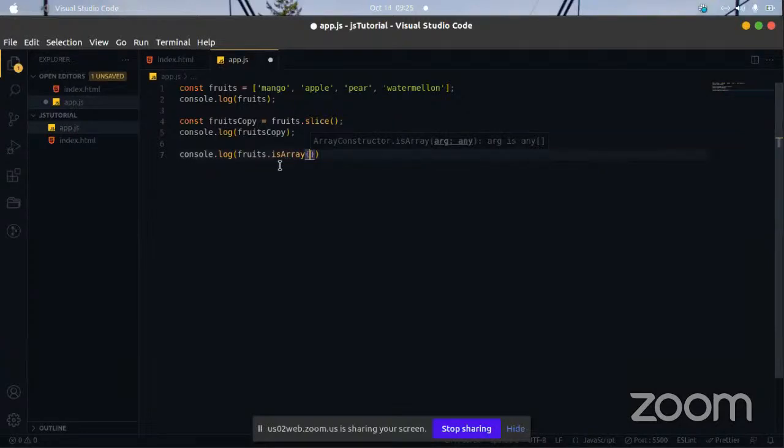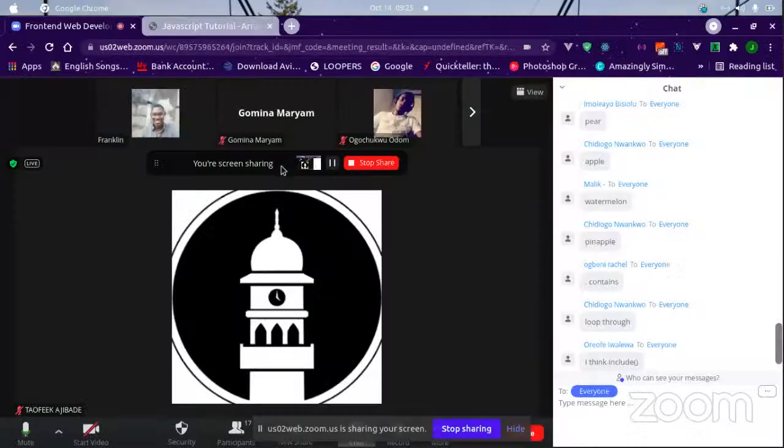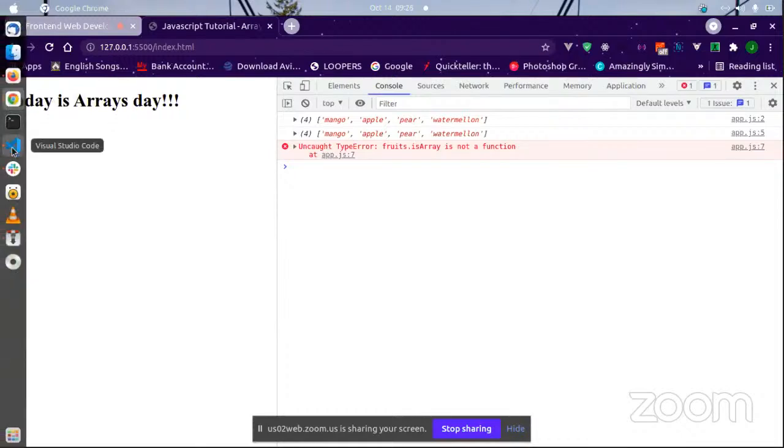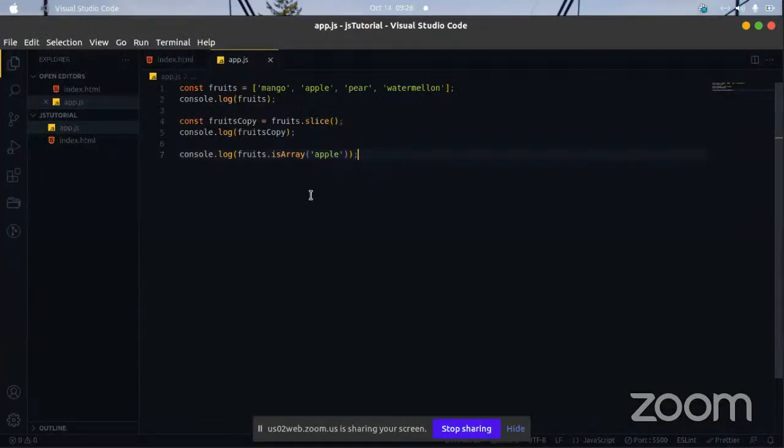Let's check for apple. Now if we save and go back to the browser and check, okay, it's saying this array is not a function. Okay, let's see, what are we doing wrong?